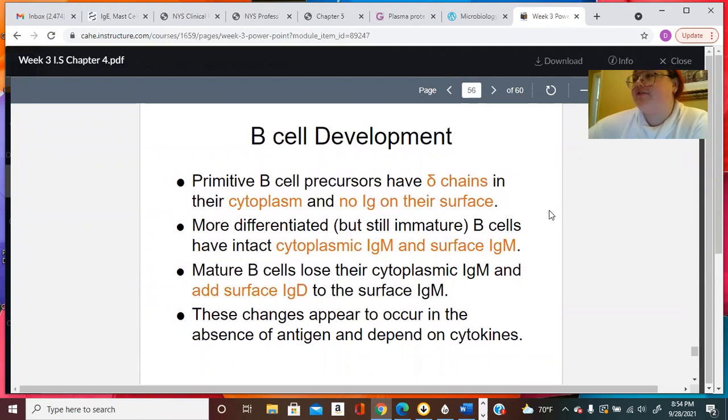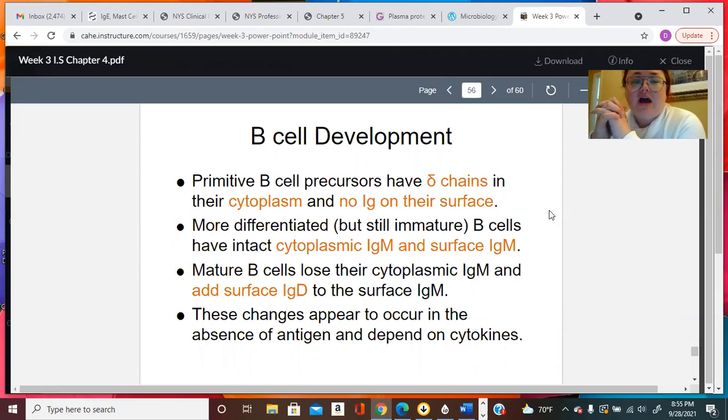So when B cells are developing, they have precursors that have these delta chains in their cytoplasm. They do not have any immunoglobulin, meaning antibody, on their surface yet, when we have these primordial B cells. I'm talking just past that multipotent hematopoietic cell. It's only a stage or two after that. When they become more differentiated, but not fully differentiated, the B cells will develop cytoplasmic IgM antibody as well as surface IgM. So you'll find the antibody inside the cytoplasm of the B cell, as well as on the surface of the B cell, but it's stuck there. It's essentially a peripheral